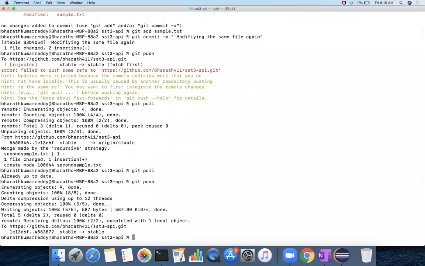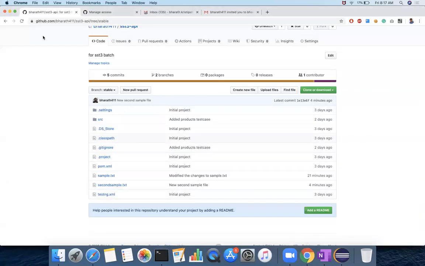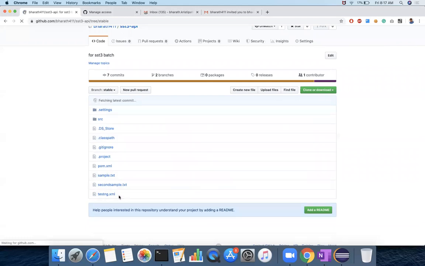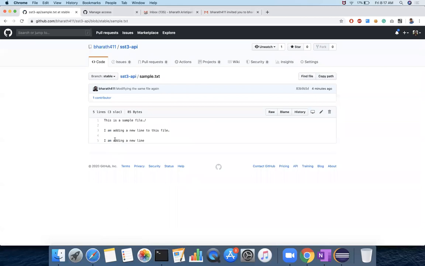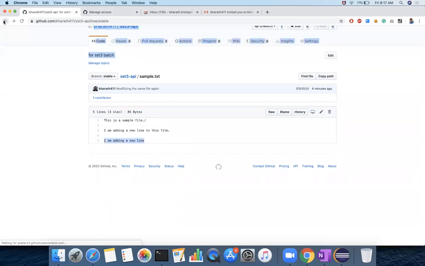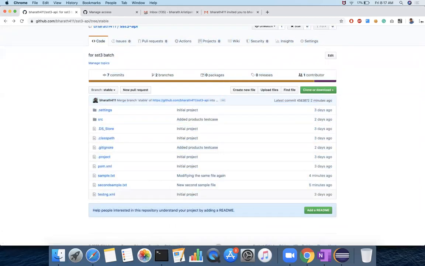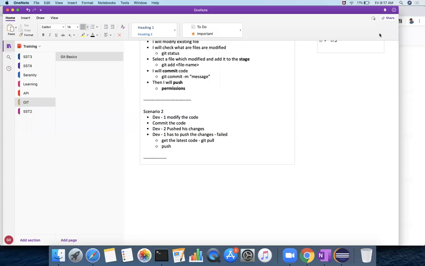Now you see in the local you have the latest code. Sample text, I am adding a new line. That code is there. Any questions here? So when we do git pull, it will not always go to that editor. If an editor opens, come out of the editor.